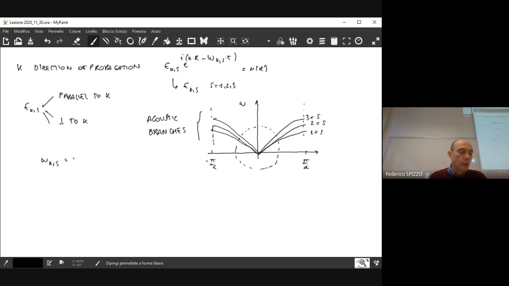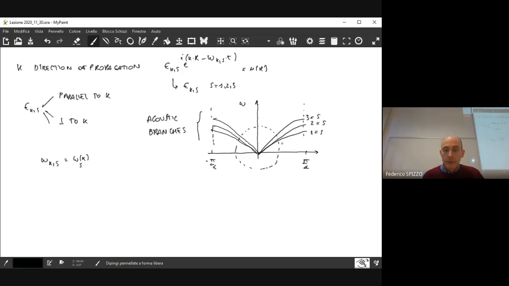If you remember what we did with electrons, we said that K is a discrete parameter, but due to the fact that the distance between one K point and the next is very, very small with respect to the size of the Brillouin zone, we may consider this dependence to be nearly continuous. So that is often written as omega of K with index S. That is just a consequence of the fact that the K values are very, very dense in this range of wave vectors.